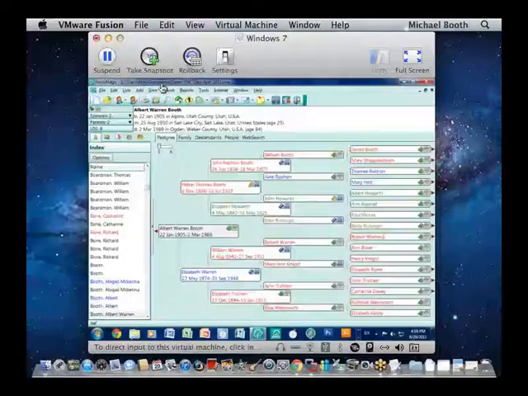Oh, I was going to say we also have another question about which versions of Windows can be used. Can they use Windows XP instead of Windows 7? Oh, yeah, good question. All of these virtualization programs, VirtualBox, Fusion, Parallels, they can run older copies of Windows. So they'll run even Windows 95. In fact, they'll run DOS from 20 years ago, or you could even run Linux or other operating systems inside